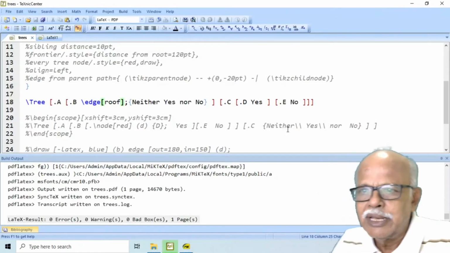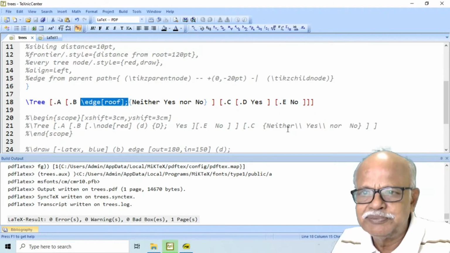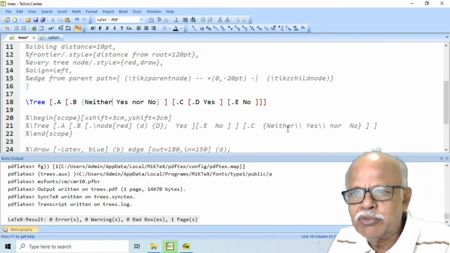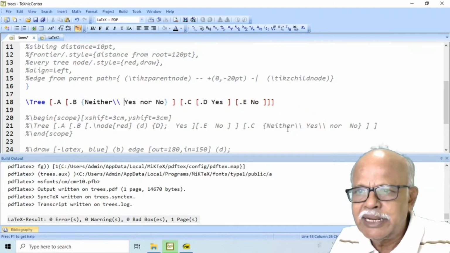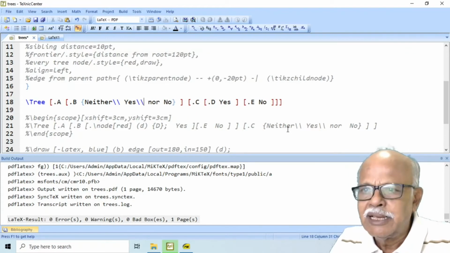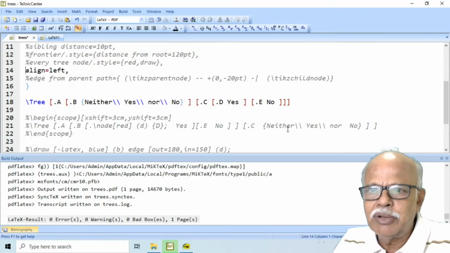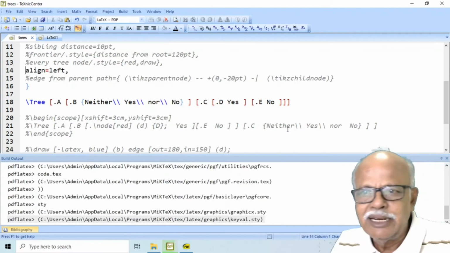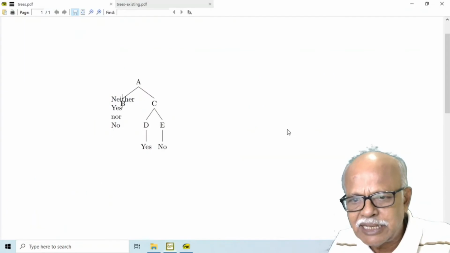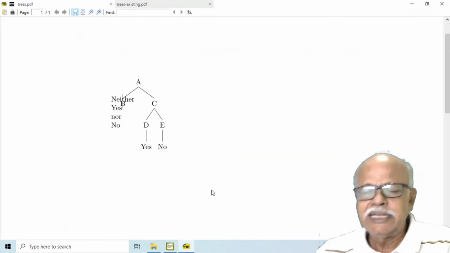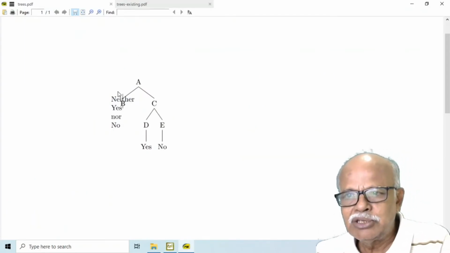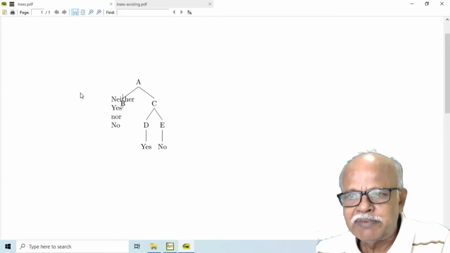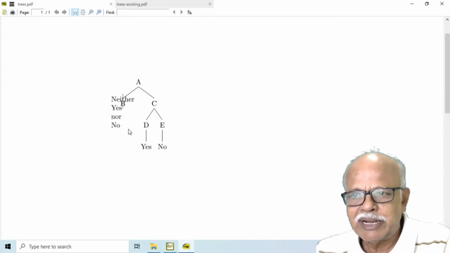Okay. Suppose you don't want this and you would like to break it here like this, yes or no. In that case, you can say align left or right or center as the case may be. Then you will get this node aligned left as per our requirement.